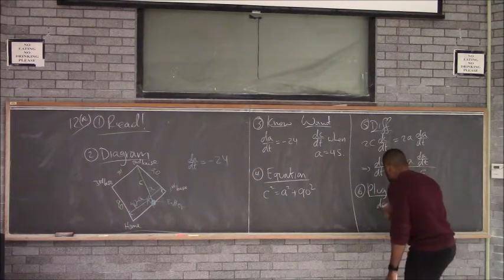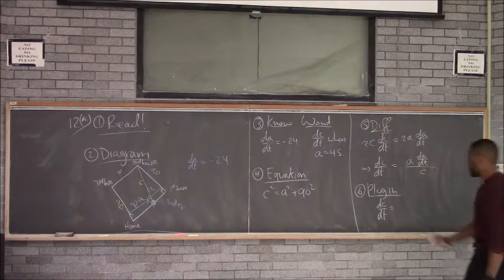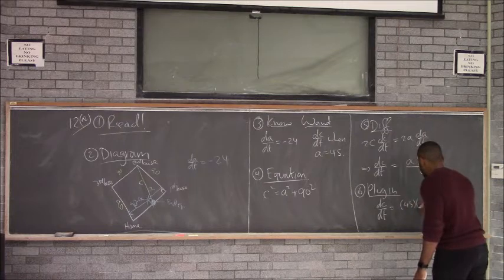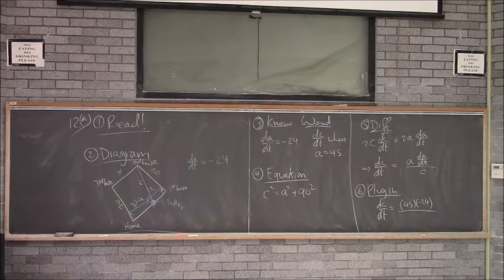So dC/dt is what we want to find. A, we actually know is 45. dA/dt, we know is minus 24. C,